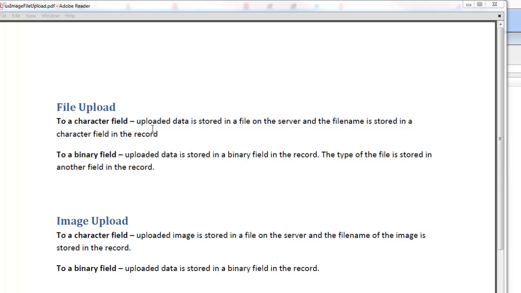The second option on file upload would be to a binary field. That would mean that you're going to upload the data to the server, and then the binary data that got uploaded will be saved in a binary field in the record that the UX component is bound to. In the case where you're doing a file upload to a binary field, you're going to want to also have an additional field in your record, a character field, where you can store the type of the binary data